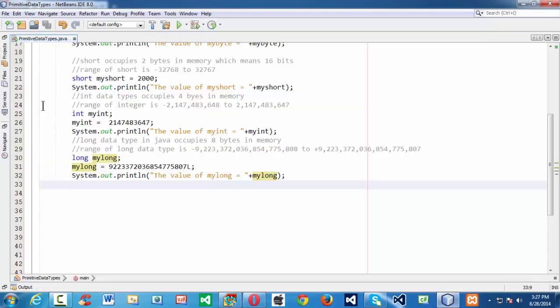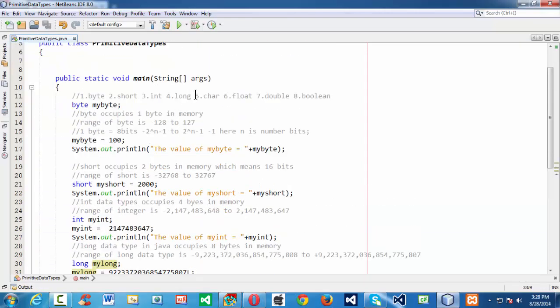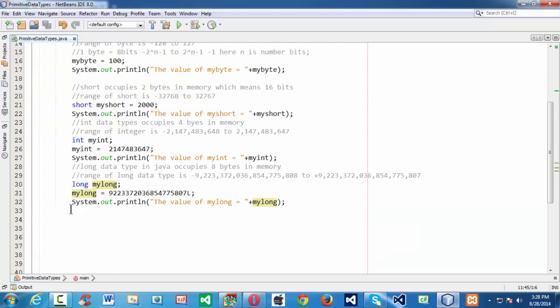In the same way, let's continue our studies with the char data type. The next primitive data type is the char data type. In Java, the char data type occupies 2 bytes of memory.